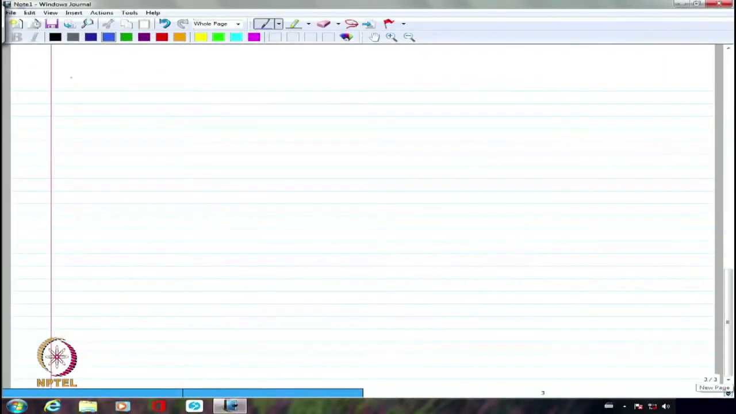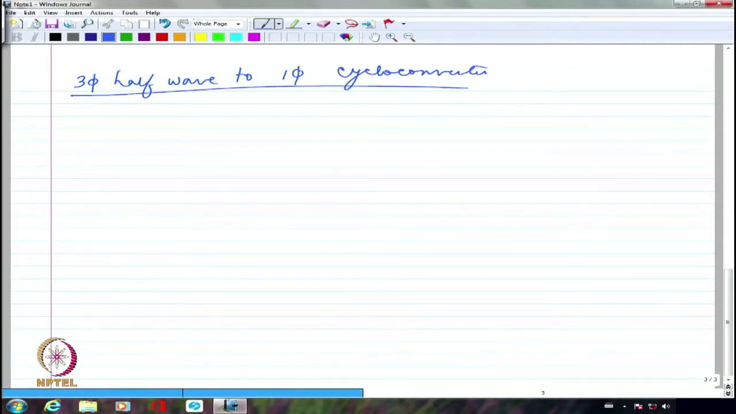Half wave to single phase cycloconverter. I am going to use a three-phase half-wave rectifier, which is hardly ever used, just for continuity's sake. I am slowly increasing the complexity. So, if I am going to have three-phase input like this,